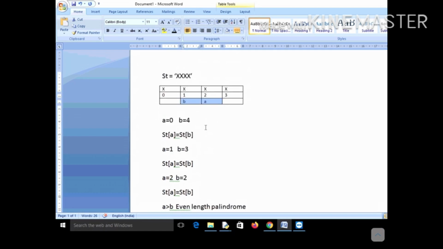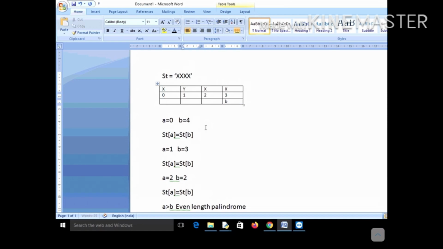Now what if it is a non-palindrome? For example, let me change one X to Y. Initially A will be here, B will be here. Now it will check if STA is equal to STB or not. Definitely they are equal.